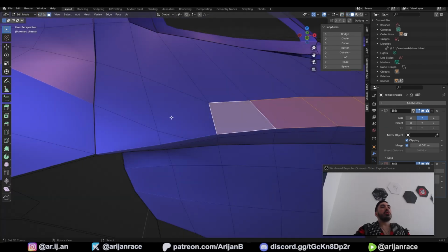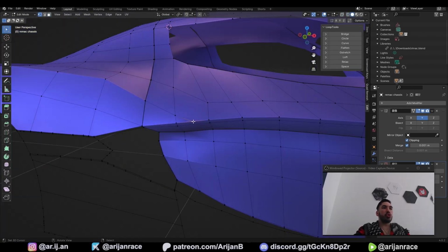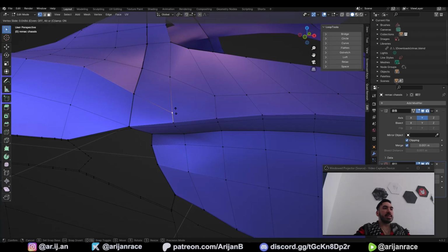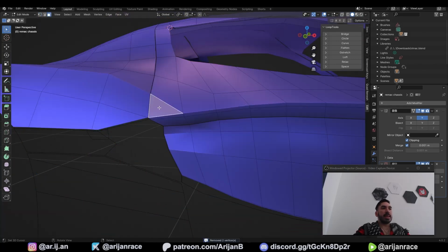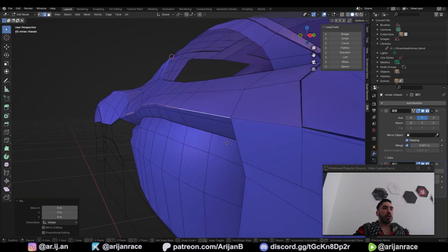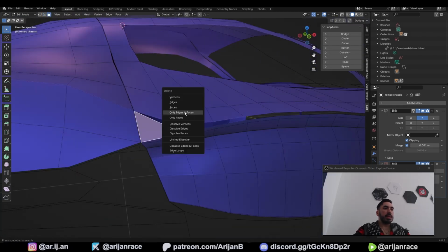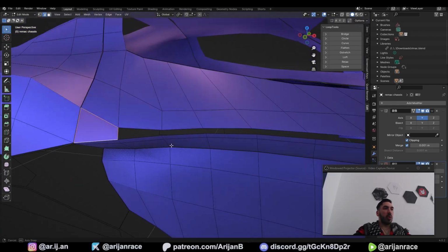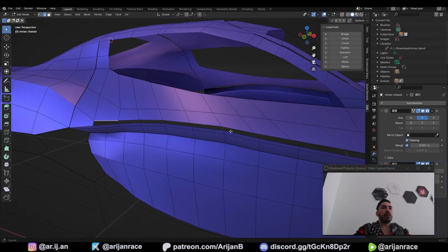There's an n-gon right here, so this can't continue. I don't want to have a triangle here, so I'll slide this inwards and I'll slide this down, merge by distance. This can stay a triangle for now, but alternatively we can select this edge loop, tear it with V, use double G to slide it up a little bit, delete this face back here. Now fill this with a quad, and then we can use this extra gap here to create a new segment